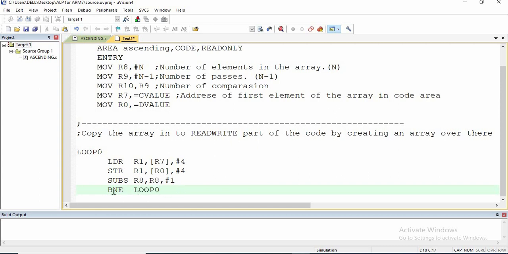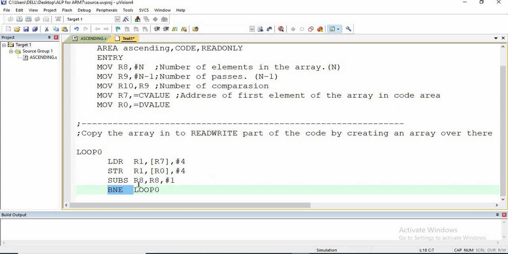So this is the conditional branch. This may be new for you. This is a branch with a condition, and the condition is applied to the previous instruction. NE means not equal to. At the end of this video I will tell you other conditions for branching. So you just remember this: NE means not equal to.